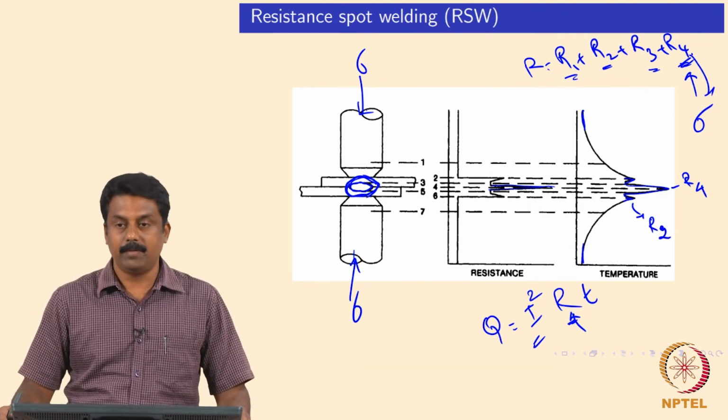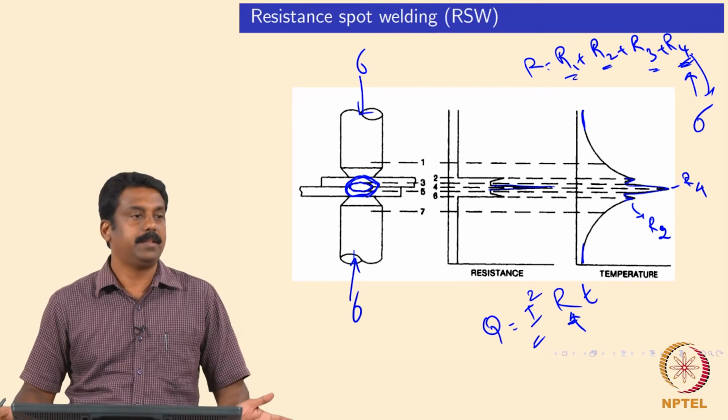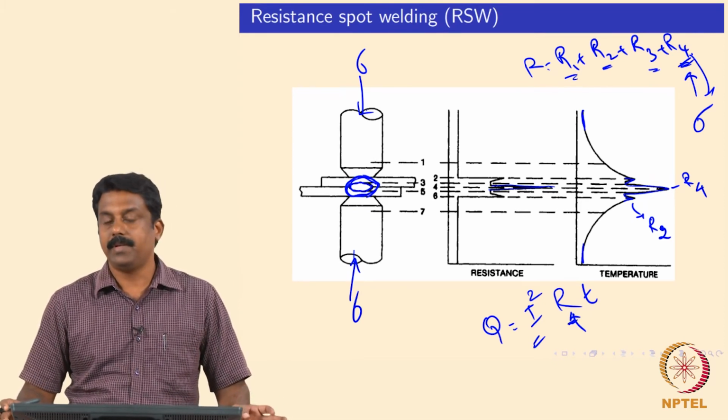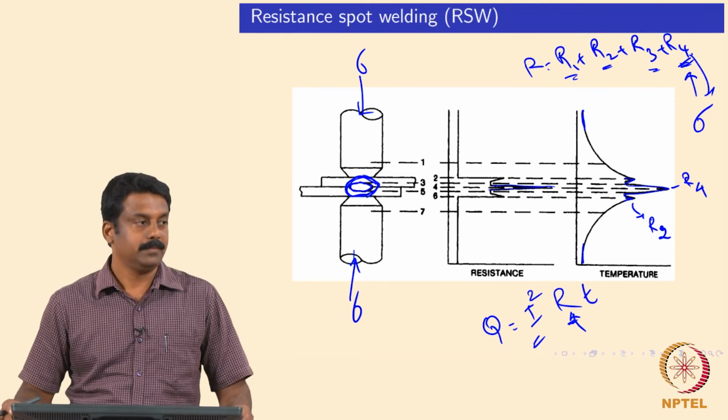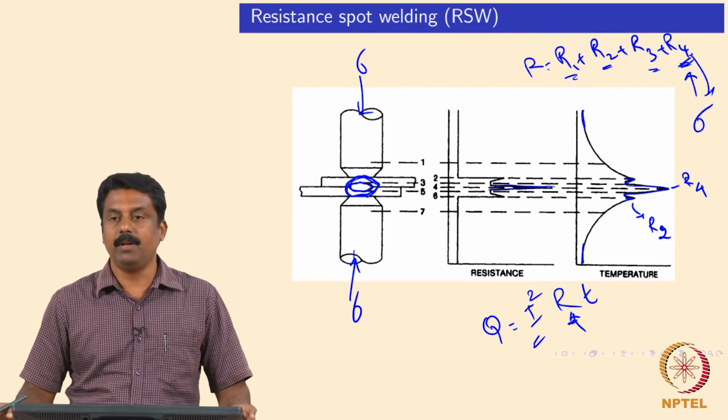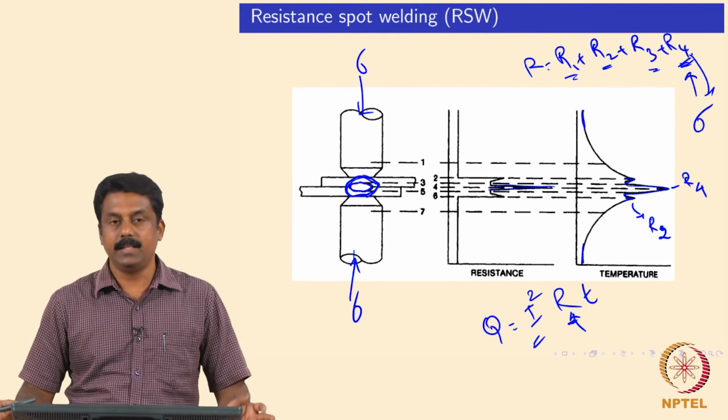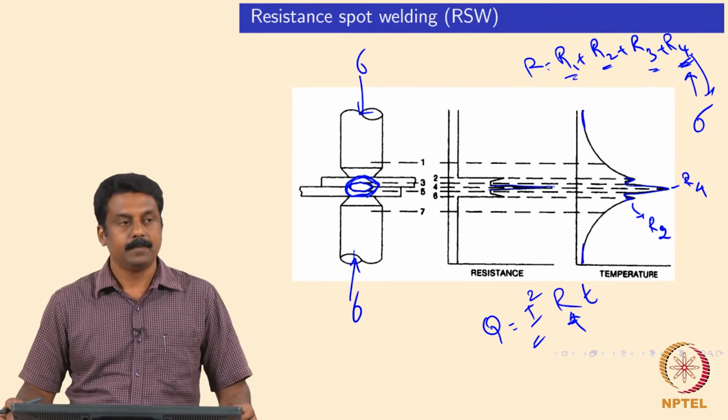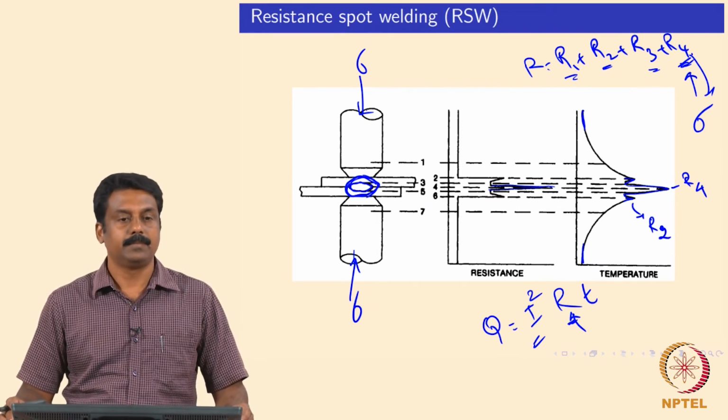That's clear, right. So, the main rate controlling is R4. R4 can be changed by surface condition. If surface is fixed, material is given, R4 can be changed by the load, and then other factors that will influence the welding are the current and the welding time, right. It's clear. Good.